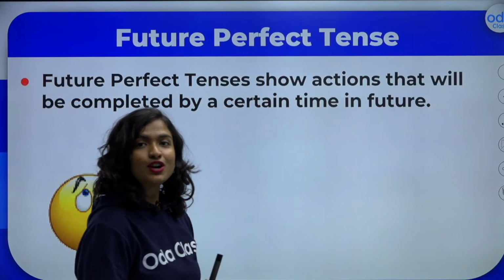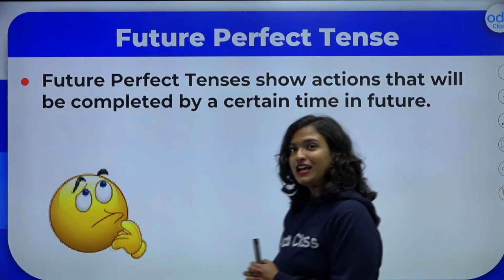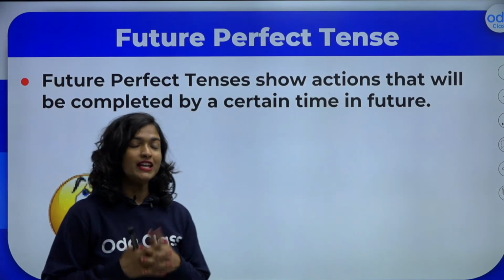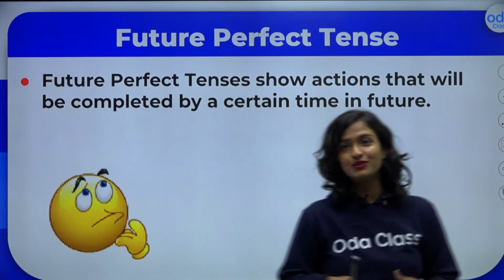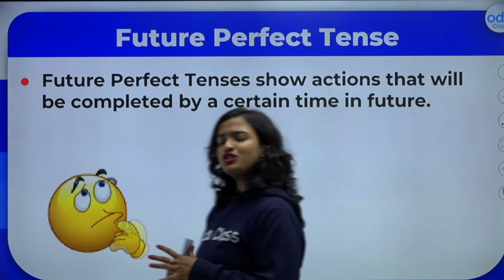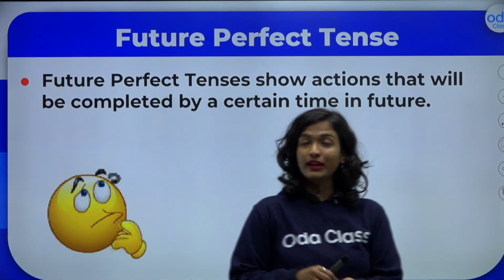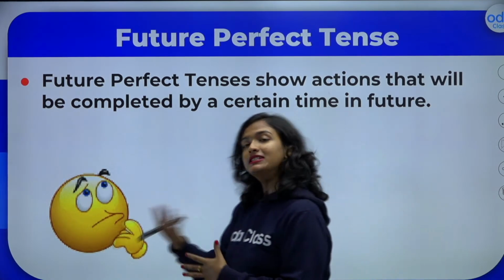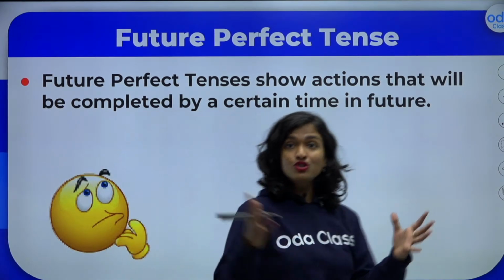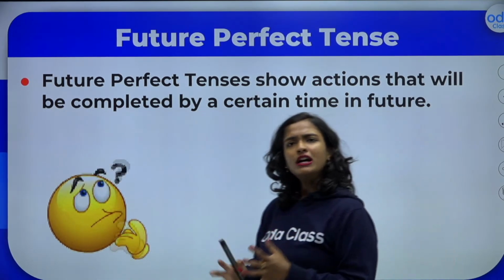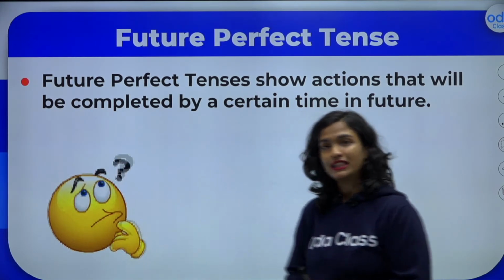Now, like I said, moving on to our next tense students, we have the future perfect tense. Now, the perfect tenses, students, are often very confusing. So, pay attention here, take notes, and if you have doubts, we are here to help you. So, we use the future perfect tense, students, to talk about an action that will be completed. Okay, it will be completed at a certain time in the future. Remember, we use the future perfect tense in particular to talk about actions that will be completed by a certain point in the future.